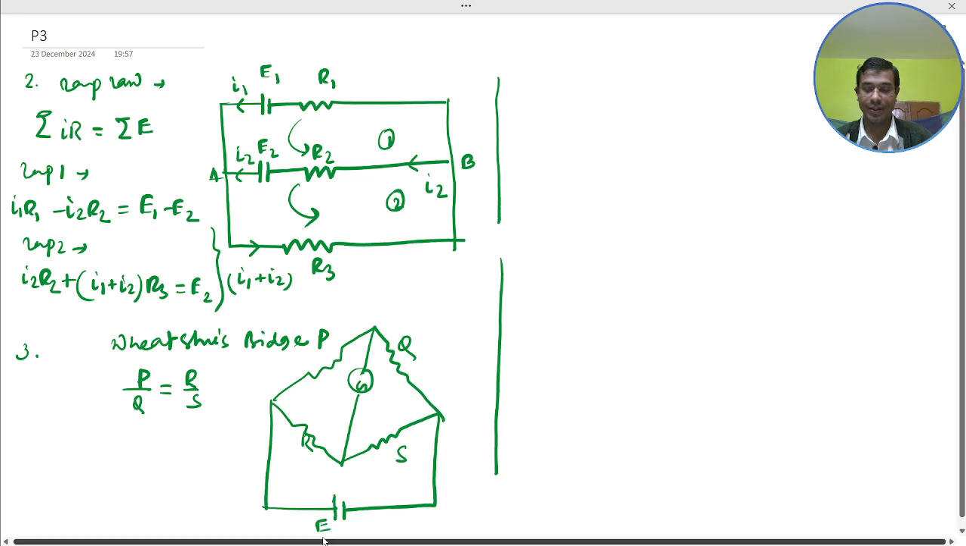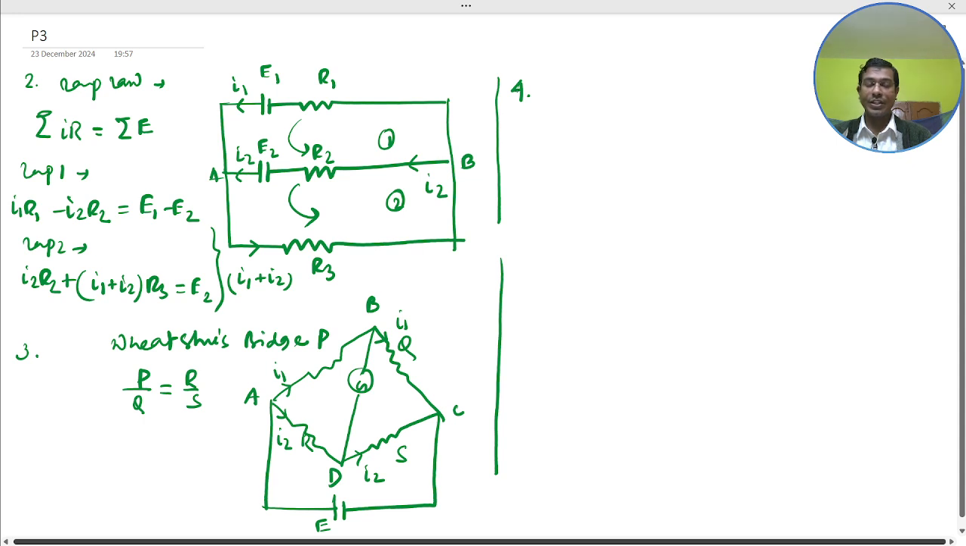Here is the E. So basically the current I1, I2, here I2, here I1. So the potential difference between B and D will be 0. This is A, B, C and D. The potential difference between B and D would be 0. Next one,